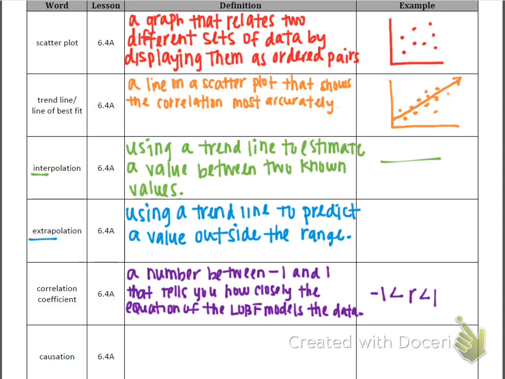But as your age increases, your weight increases. So both are increasing at the same time. So that would be a positive correlation. So our correlation coefficient would be between 0 and positive 1, okay, because it's positive. A negative correlation would be